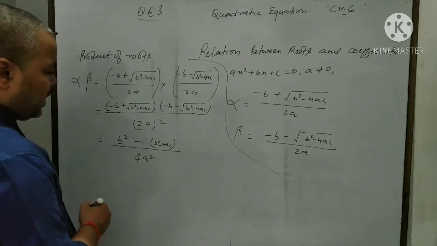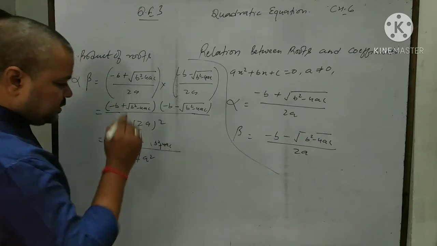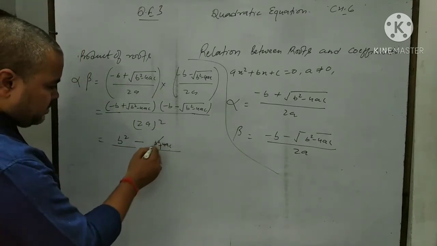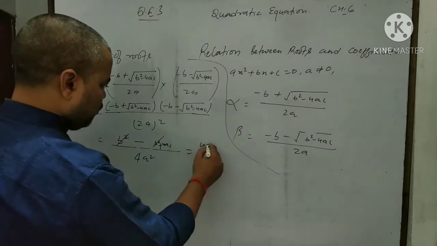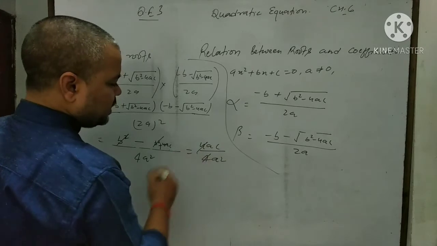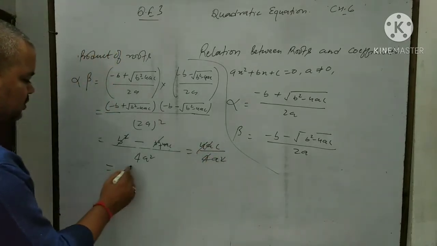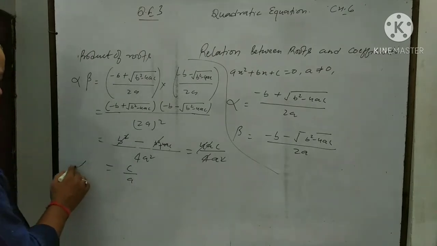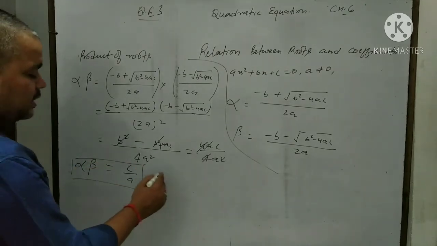If you remove the bracket, then finally minus b square plus b square cancel, and its value will be 4ac upon 4a square. This cancels, ac by a square means a cancels, and the value will be c by a, means product of the roots is equal to c by a, and which is equal to